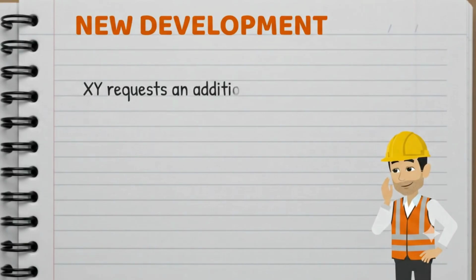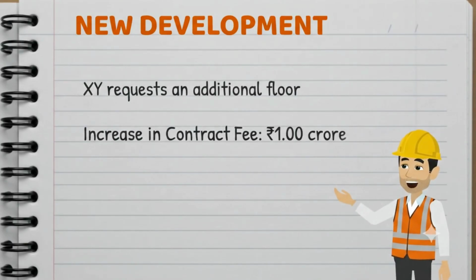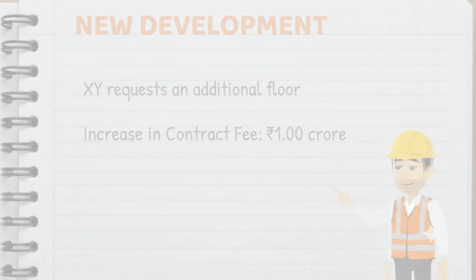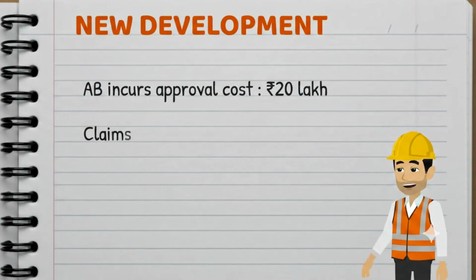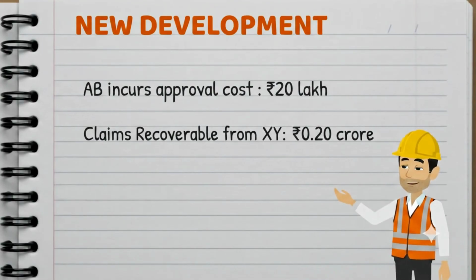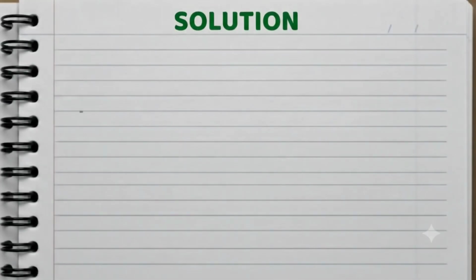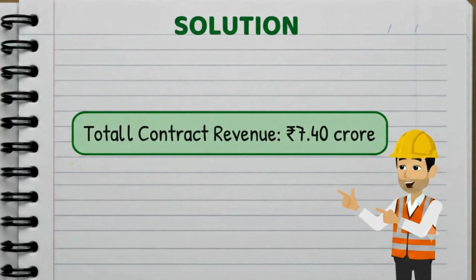But there's more. In year 2, XY asks AB to add an extra floor. That increases the contract fee by 1 crore. AB also spends 20 lakh rupees getting local authority approvals, and this is claimable from XY. So, 20 lakh is added as recoverable claims. Adding the 1 crore variation and 20 lakh rupees in claims to our earlier 6.20 crore, the final total contract